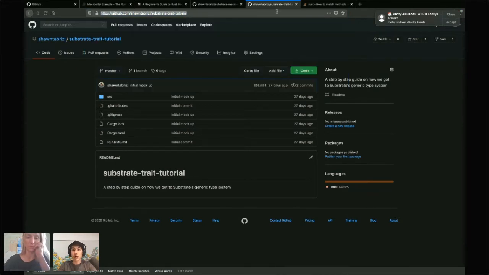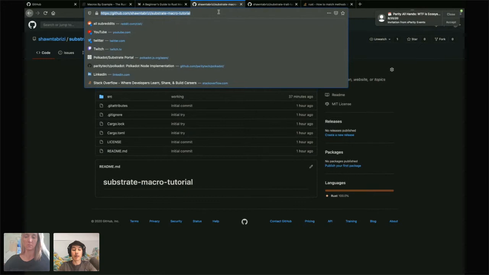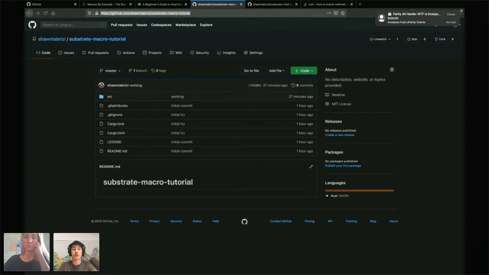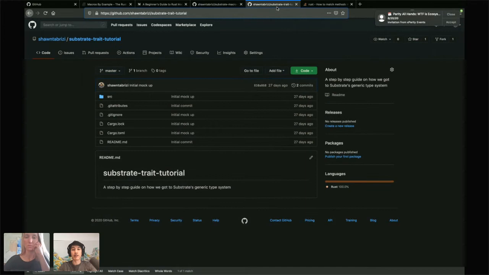Okay, thanks. And Robert asked, do we need the playground? Actually, you don't need to use the playground for this. The playground's really useful if you need to compile Substrate and get all the Substrate dependencies running. But what I'm going to be doing today is purely in Rust. So as long as you have Rust installed on your computer, it should be way, way faster just to do it on your computer. This is one of the advantages here. I have these 2 small tutorials, and I'll be following along with them and explaining how I constructed it.